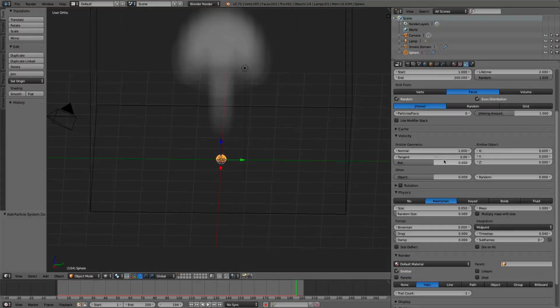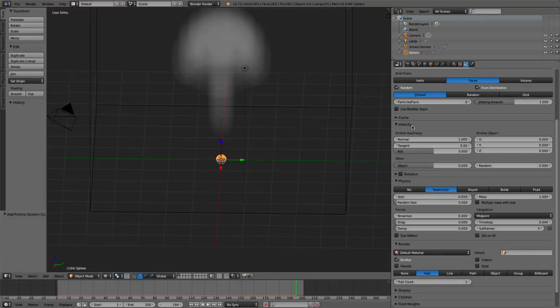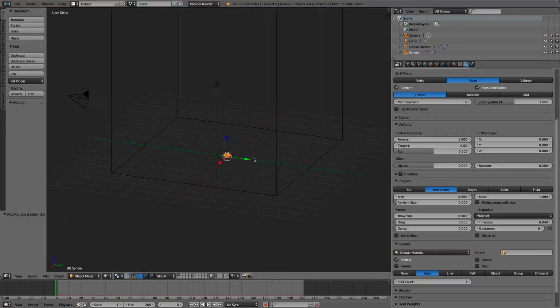Alright, so you can change this a little bit. We'll just give it a slight bit of random on the emitter velocity, just to give it a little bit of randomness, to make it a little bit different, as if we were just to leave it the same way. So you eventually will have to change this to render to none.